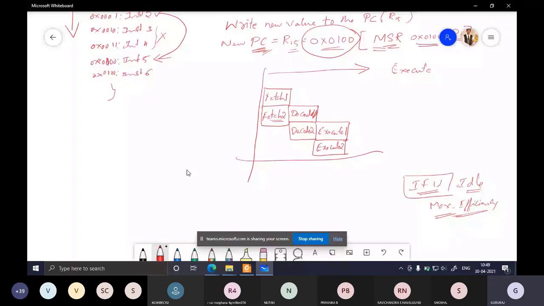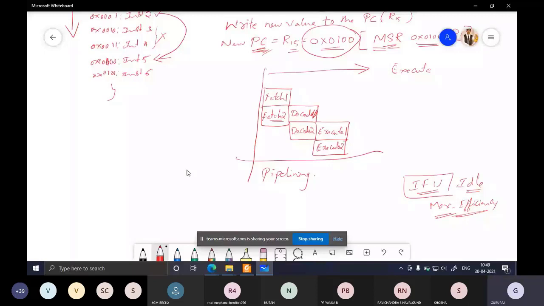So what will happen here is, fetch 1. Whenever decode 1 is happening, fetch 2 has already happened. Okay, and whenever execute 1 is happening, decode 2 is already done. So this is what you mean by pipeline. Okay, pipeline. So that is why, since this is the nature of pipelining that is available in Cortex M3 also.